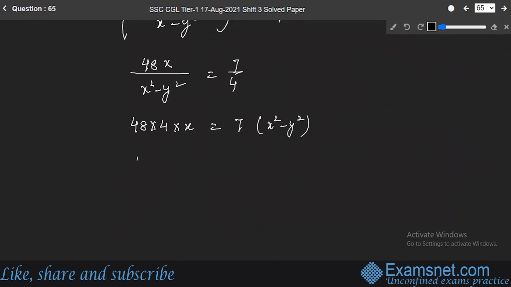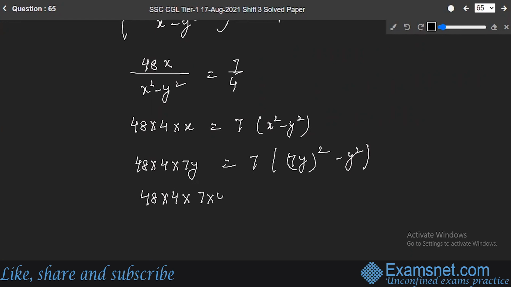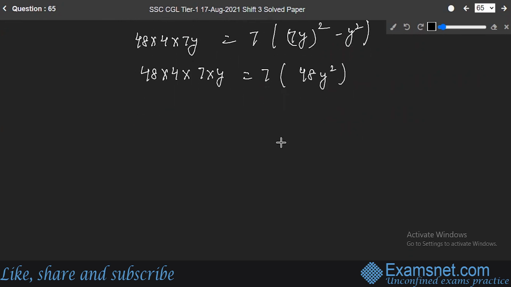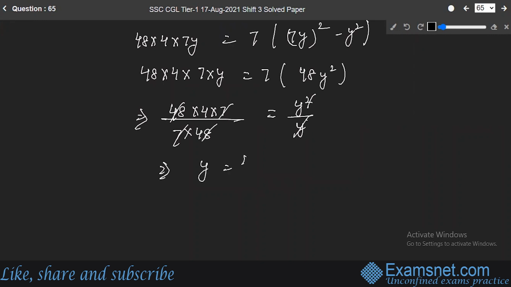So this will be 48 into 4 into 7y is equal to 7 into 7y square minus y square, which is 48 into 4 into 7 into y is equal to 7 into 49y square minus y square will give you 48y square. So you will get 48 into 4 into 7 upon 7 into 48 is equal to y square upon y. They will cancel like 1 and they will even cancel. You will have y is equal to 4 kilometer per hour, and that is what you had to find out